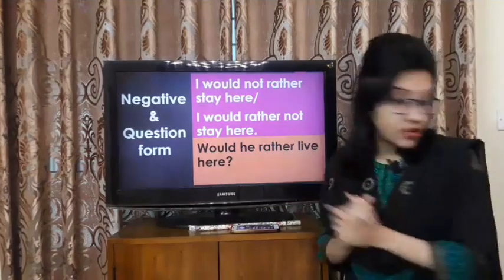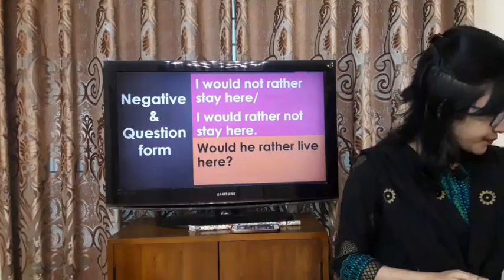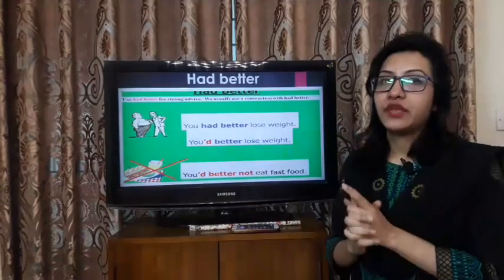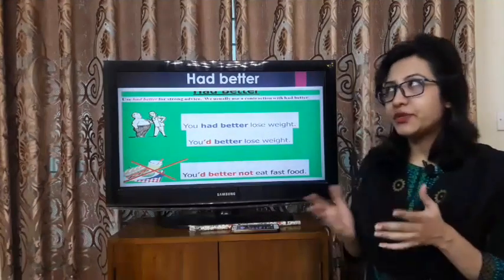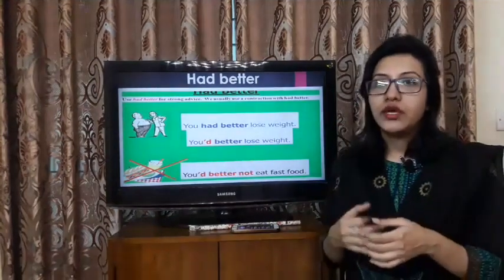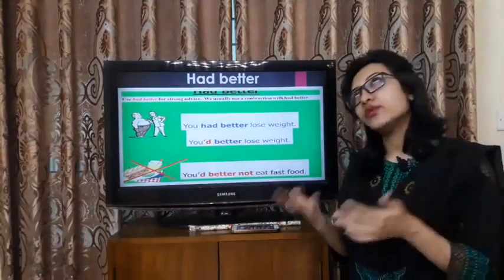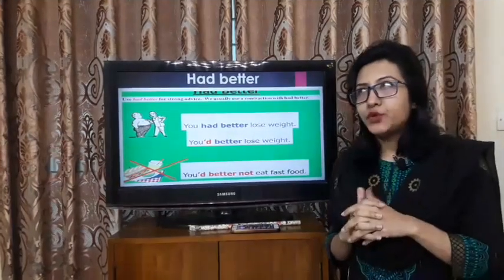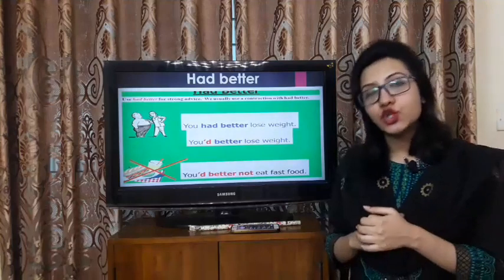Now, let's see what do we have next. Next, we have had better. Would rather and had better, sometimes students get confused between the two. একটু অনেকে confused হয়ে যায় যে কোথায় would rather use করব, কোথায় আমি had better use করব. তুমি এভাবে মনে রাখতে পারো, had betterটা যখন ইউজ হয়,